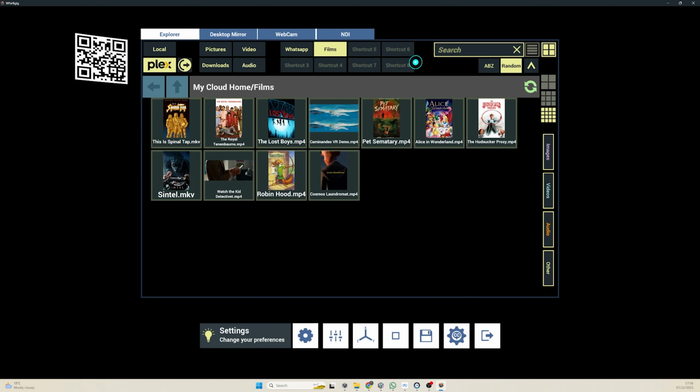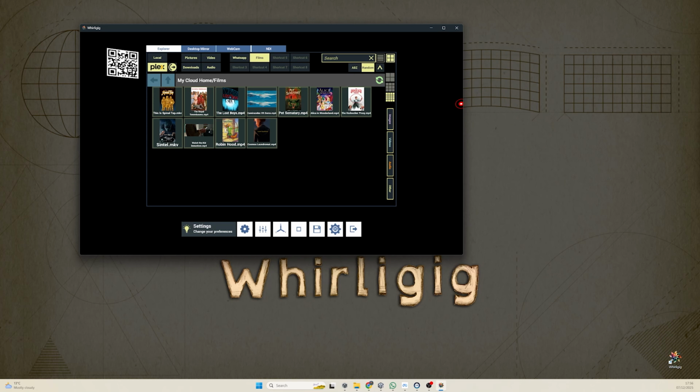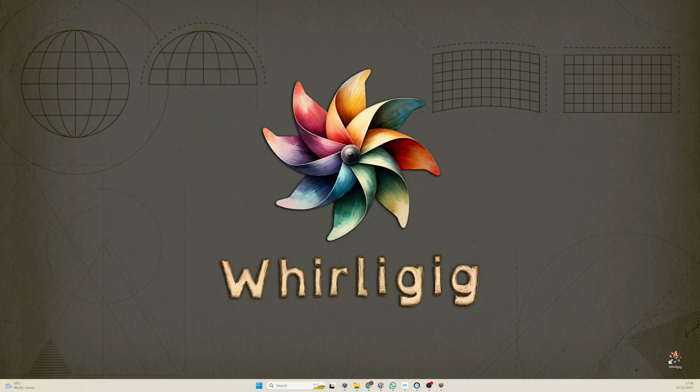So one thing that I've also added, so if I go to small view, if I go to films, you can see these are the films that I've got. Now if I click on this, that refreshes this view, but it doesn't just refresh this view, it prompts Plex to look at that folder and refresh it. So if I go in here,